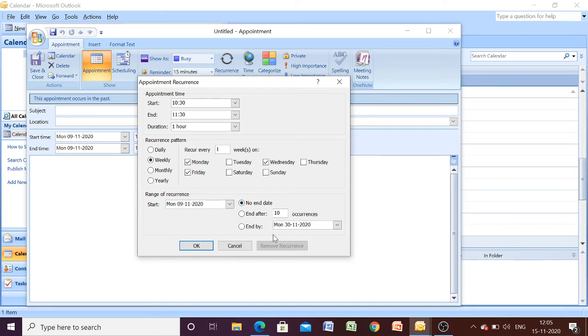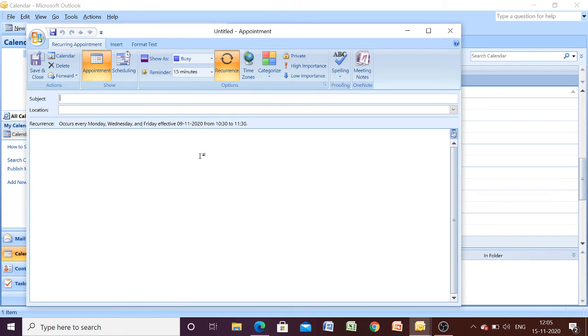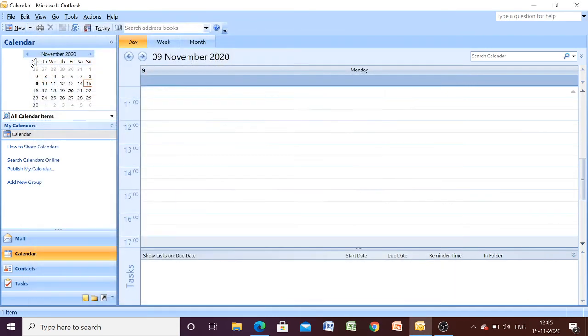Otherwise, if you don't know, then just select no end date. It will be repeated continuously on Monday, Wednesday, and Friday, and click OK. Okay, suppose you want to do some co-curricular activities, then you can create any appointment on these days and just save and close it, so it will be done.